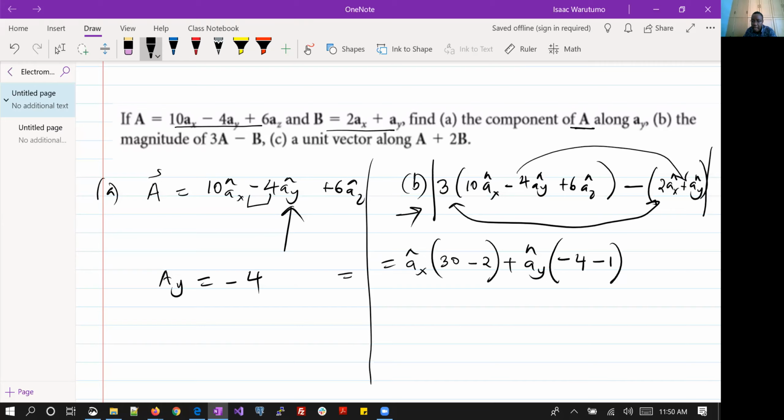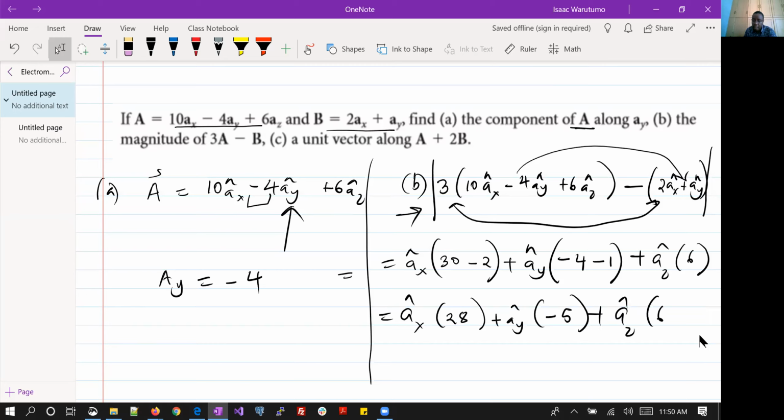Then you add AZ, which is equal to 6. If I miss anything, you can always put it on chat. Therefore, I will be able to know how we are faring. Okay. So this would come to 28 AX plus AY minus 5 plus AZ 6. And of course,